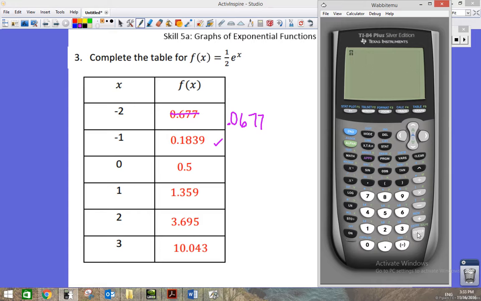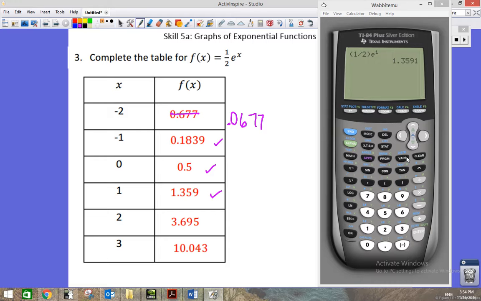If we raise this to the 0 power, well, e to the 0 is now going to be 1. So you have 1/2 times 1, which is just going to be 1/2. And as a decimal number, that's going to be 0.5. See, we see that here. Now, with 1/2 of e, well, if e is 2.718 whatever, then it's half of that. So it's approximately, to 4 decimals,